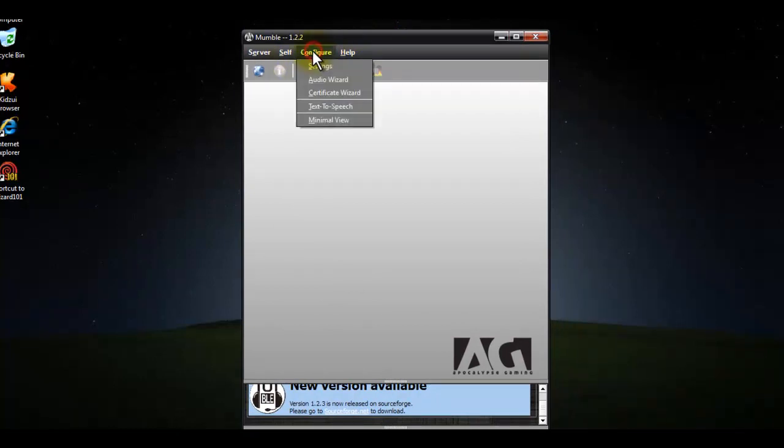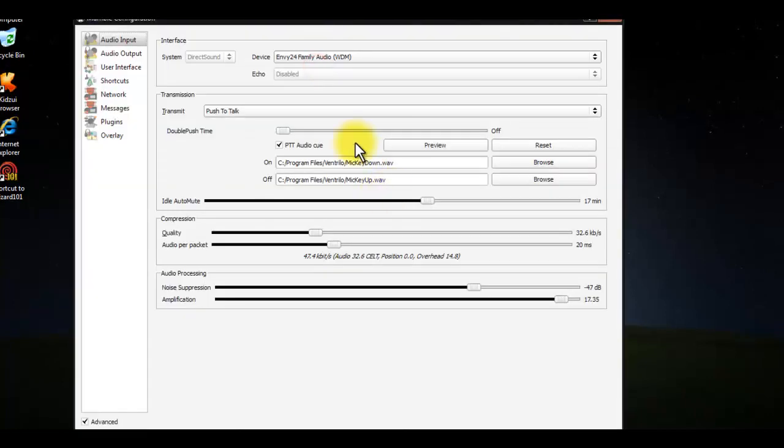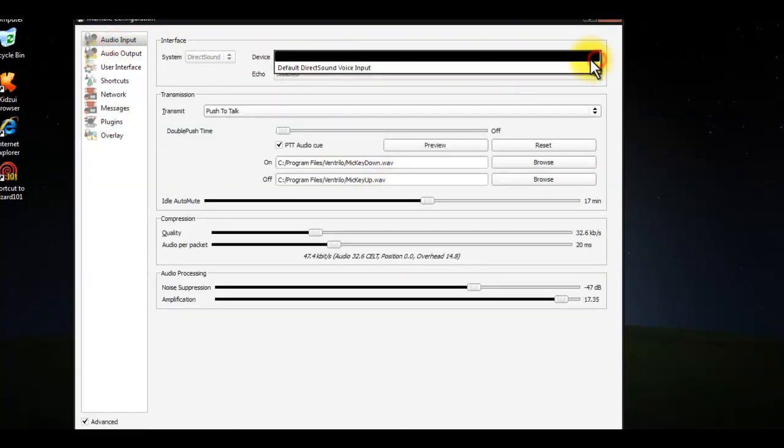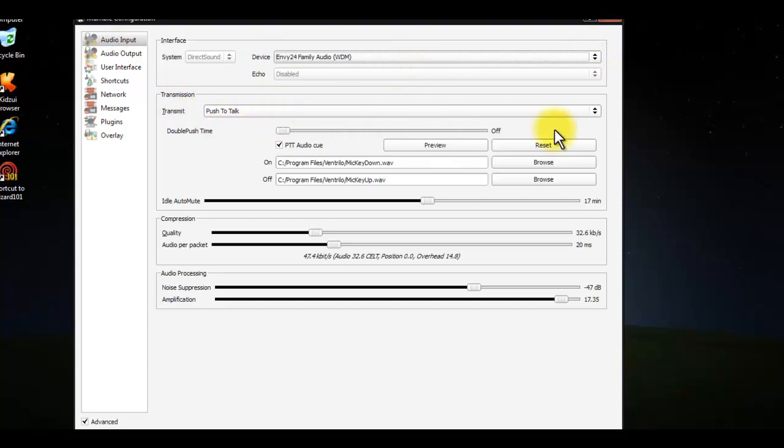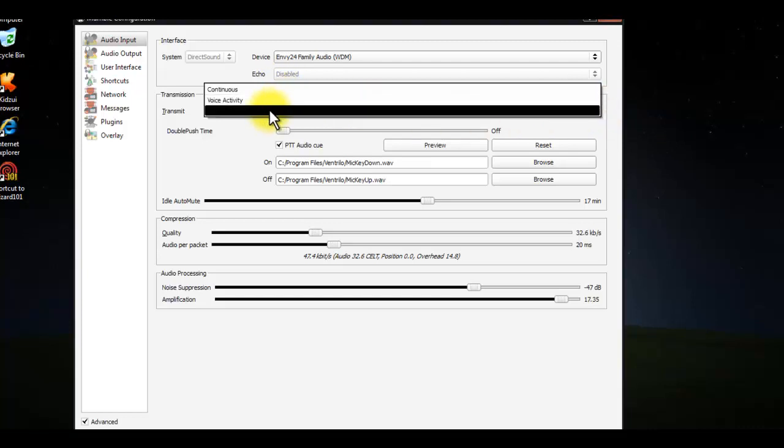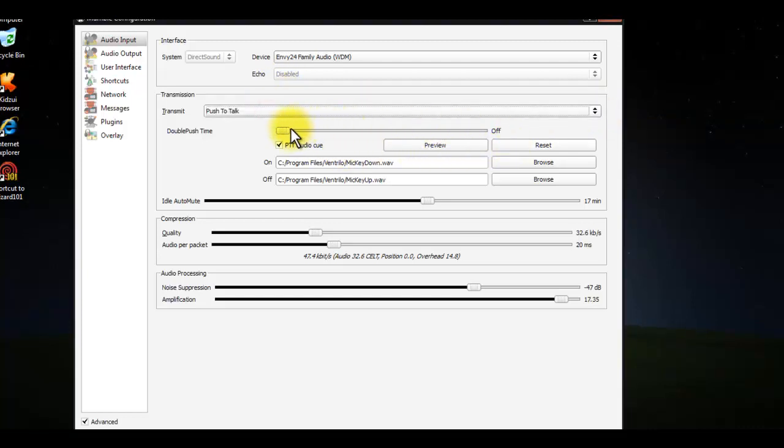But if you want to get more into it, you can go to Configure, Settings, Audio Input. You select your device if it's not already selected. If you want to use a push-to-talk key, which I recommend, you will click this and then click push-to-talk. And then the double push time, I take it off. The PTT audio cue is whenever you press your bind to talk button, it'll make a noise for whenever you're supposed to talk, like Ventrilo. The Mumble noise is really annoying, so if you want to use the Ventrilo one,